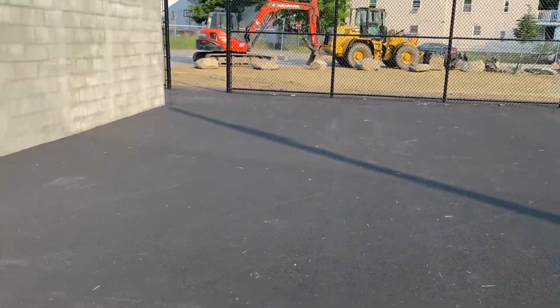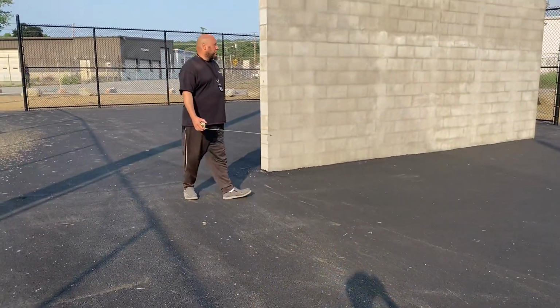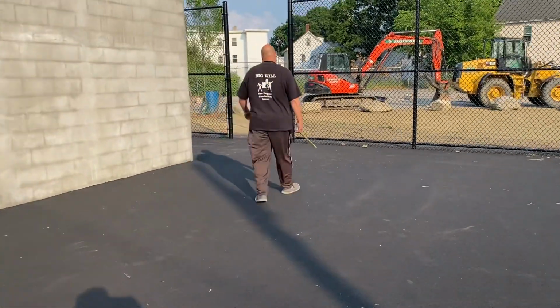No, this is good running space though. A good running space on the side. That's 10 and 10. Yeah, this is good running space. I want to see the running space for this side, for this fence. Okay, but it's still good. You need to go from here